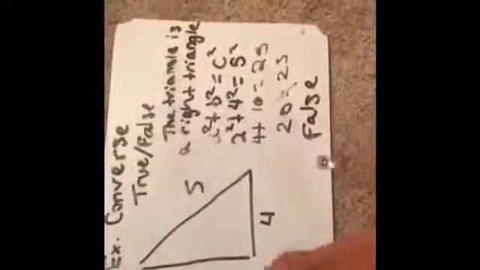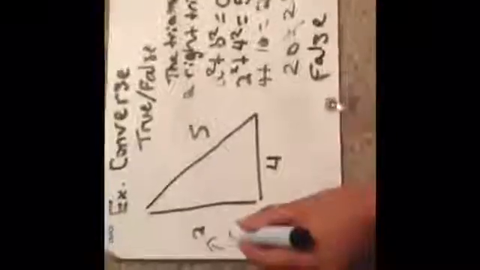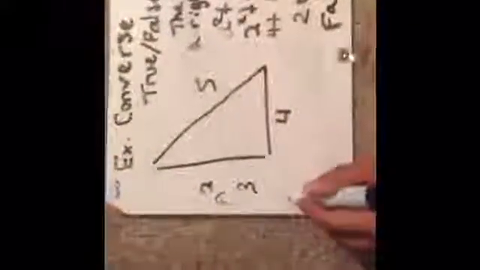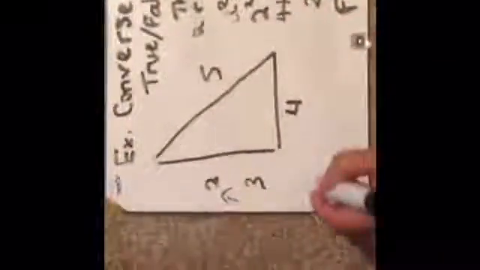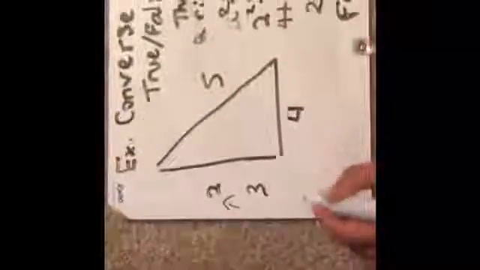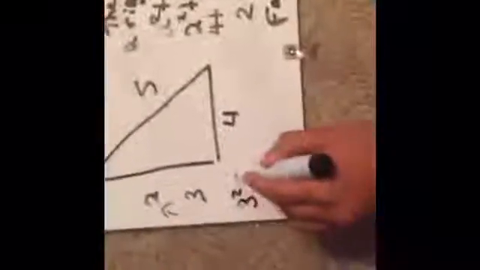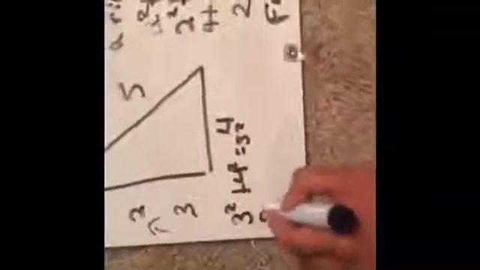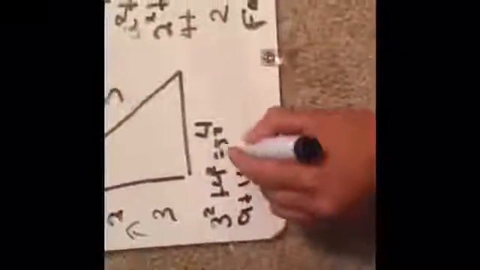And a way for this to be true is if this side was 3 instead, and we can prove this with the same equation, a squared plus b squared equals c squared, by plugging it in. So 3 squared plus 4 squared equals 5 squared. 9 plus 16 equals 25. 25 equals